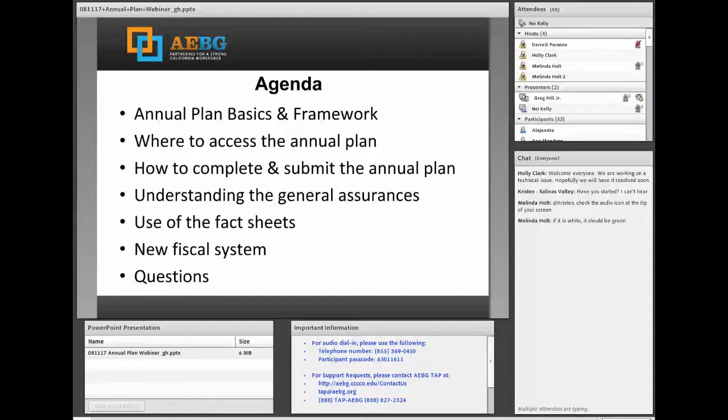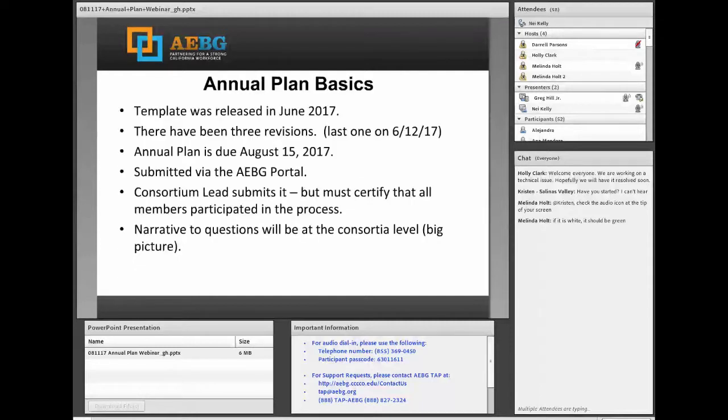Okay, here we go. Let's see, just the basics. The template came out in June. There have been 3 revisions, with the most current one on the website and in the portal as of June 12th. So you've had a finished product for quite a while. The plan is due on Tuesday. It's submitted into the portal, so you need a password to get in the portal, and the consortium director is the one that's certifying for everyone.